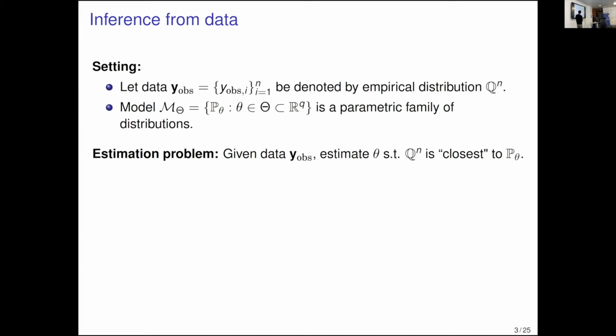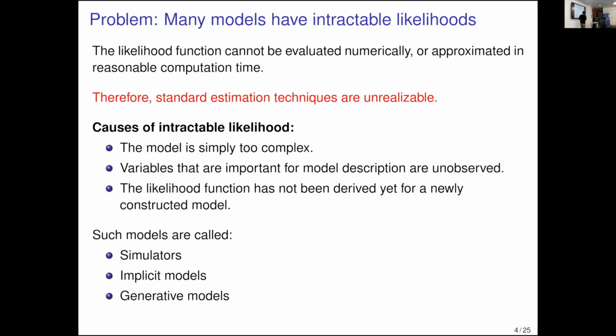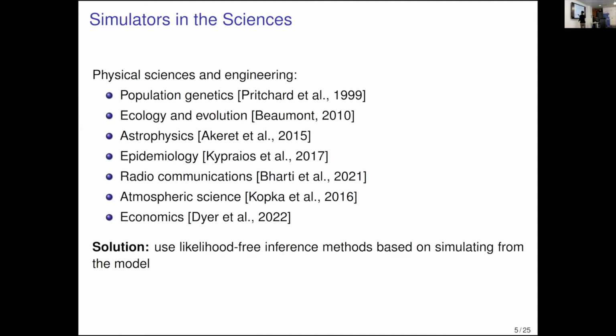Now if you take this sense to be the Kullback-Leibler divergence, then you get the maximum likelihood estimate, where you maximize the probability distribution of the data given theta. Or you could do Bayesian inference, where you sample,